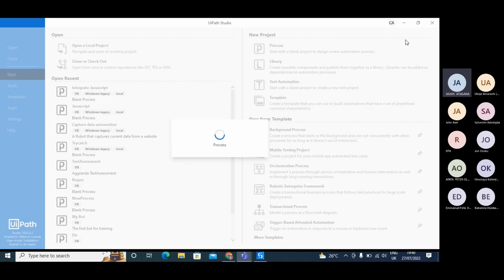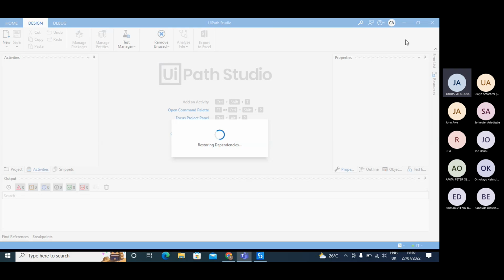Right now, we're creating a process. Amarashi, have you connected to the orchestrator with your device before? Yes, sir. Okay, we can go on.